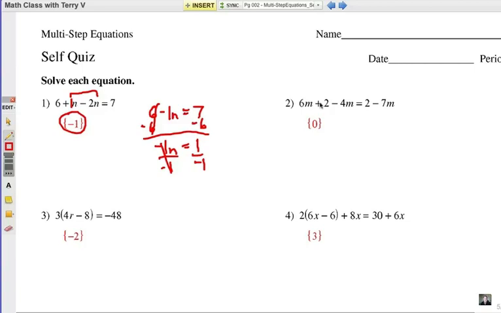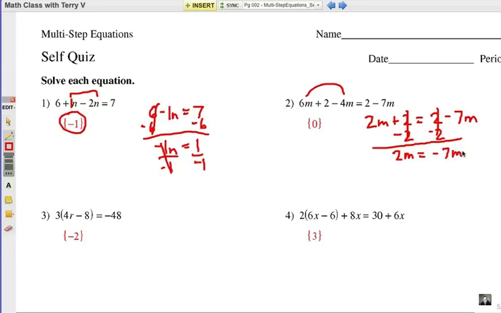All right, number 2. Again, combine these like terms here. So that 6m minus 4m would be 2m. And go ahead and just add in everything else. Keep organized, keep it in the same row. And anything that you don't do anything with, just bring it down and copy it in. Now the 2 is a free number, so I can subtract that. And something interesting happens here. Both of these 2's cancel out. Those are zeros. So 2m equals